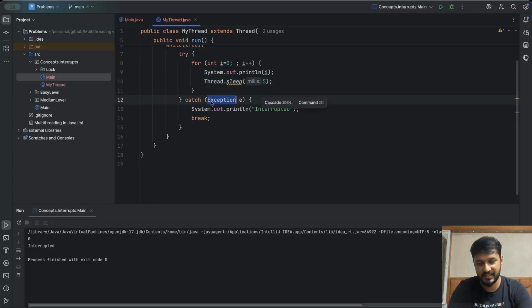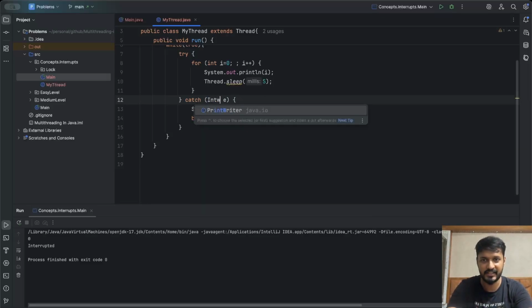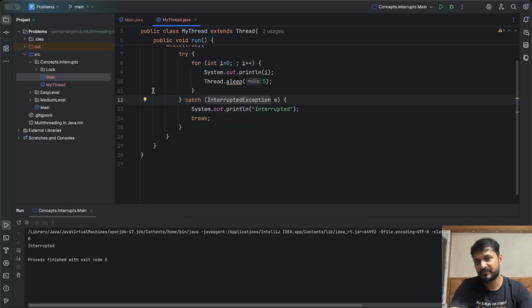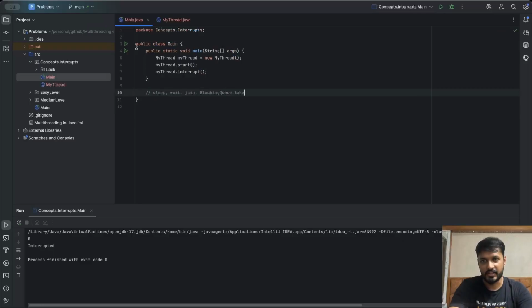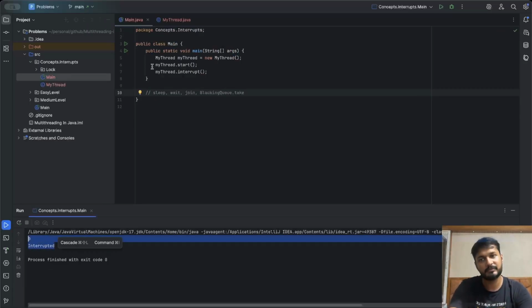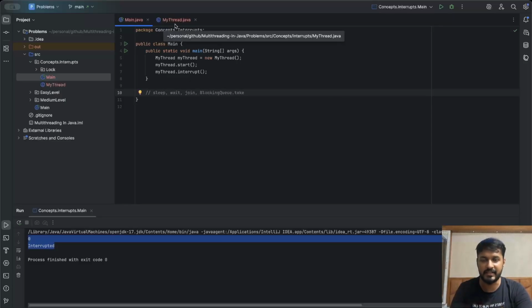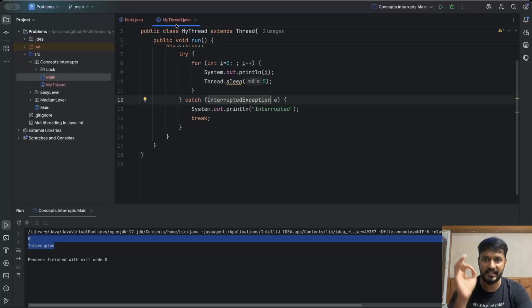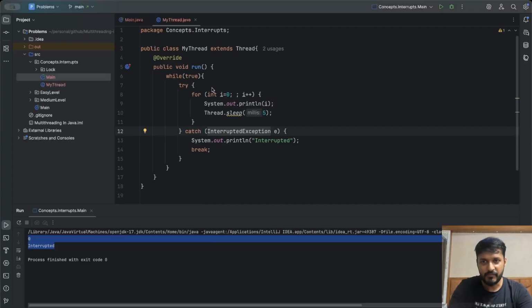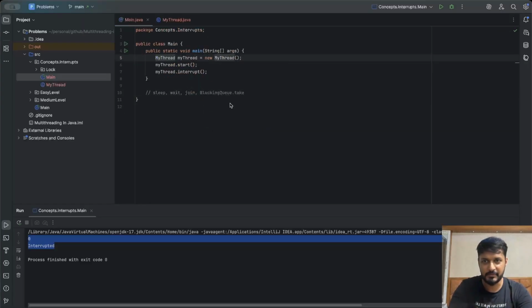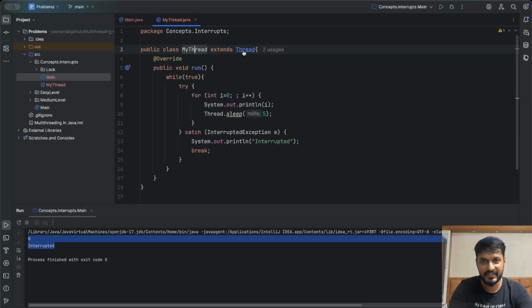Instead of this generic exception, you can write interrupted exception here as well, right? Then also our output will remain the same, correct? Okay, so this is the first thumb rule. Only in case of sleep, wait, join, and blocking queue.take will the thread be interrupted and an interrupted exception be thrown, right? Now if I go ahead and show you in my thread class,